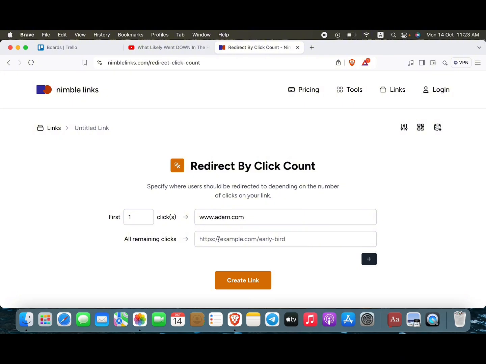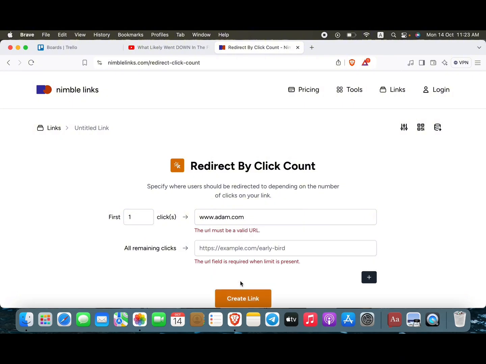And here it says must be valid. So just go ahead and enter any legitimate website. I'm just demonstrating how it's done, right? So I'm going to go ahead right here, for example, and type something like that, for example, and then you're going to be able to generate that link,